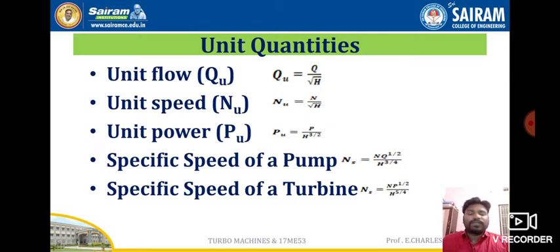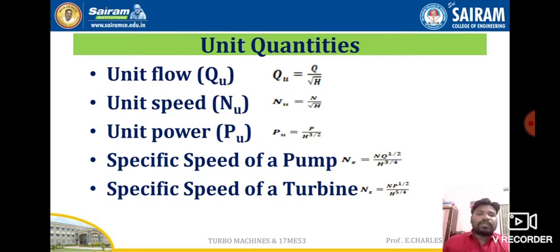Now moving on to the specific speed of a pump. The specific speed is a dimensionless term, and it is a parameter of greatest importance in incompressible flow machines. The specific speed is the only parameter that doesn't contain the linear dimension of the runner. Hence, while operating under the same condition of flow and head, all geometrically similar machines have the same specific speed irrespective of their sizes. The specific speed can be expressed in terms of discharge Q for a power absorbing machine or the power for a power generating machine.